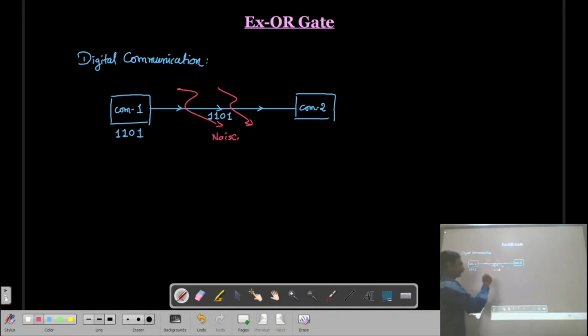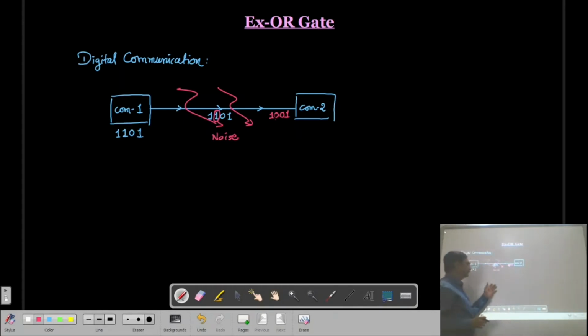Here we do not know which bit is going to be changed, but let us say there is an error of 1 bit, and due to this, this 1101 now becomes 1001. So here this bit is going to be a 0, due to why? Because the noise is superposed on your binary data.